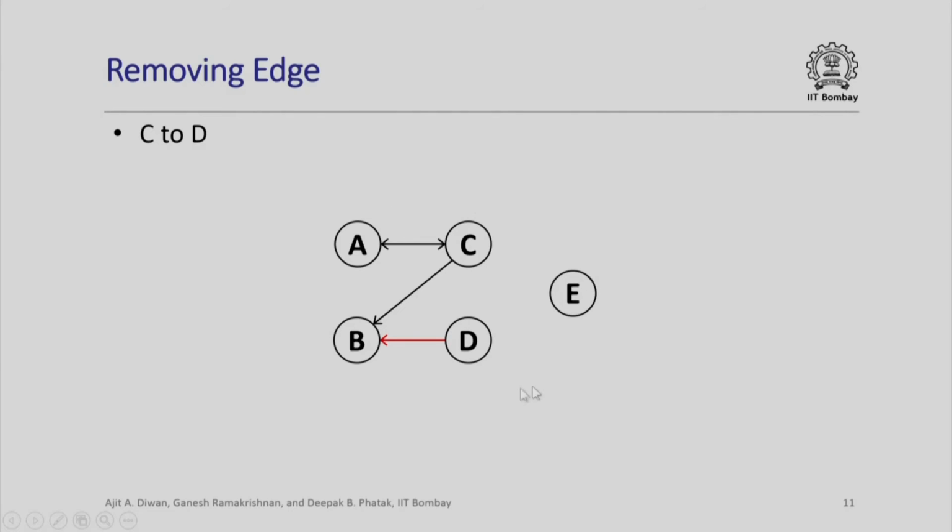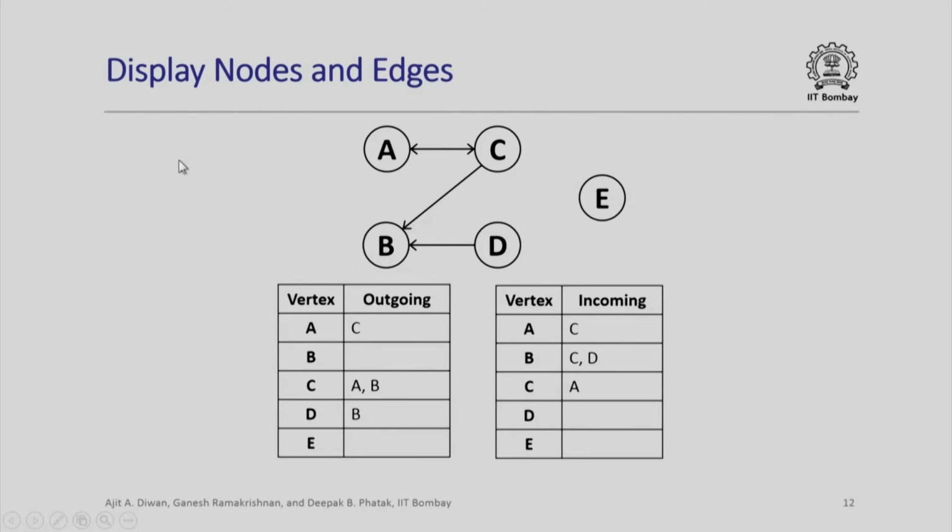Notice again that what we are showing here is a graphical representation of the graph, a pictorial representation, but what we have to actually do is to remove the internal representation of the corresponding edges. We also have a requirement that at the end of our operations we might wish to display the nodes and edges of the graph in a printed format or a display format.